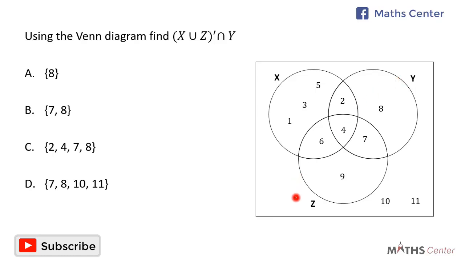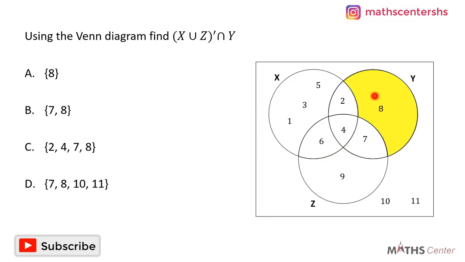To get the members that belong to X union Z complement intersection Y, we first have to identify the region that is described by X union Z complement intersection Y. It means that the region we are talking about excludes X and Z. So when we consider these three circles, we will exclude X and Z. When we exclude X and Z, the region that we will be left with is the region that I have